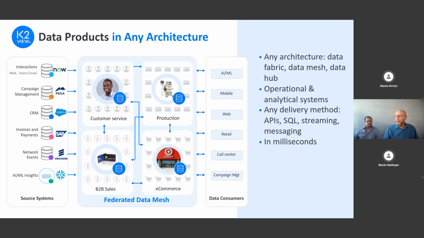Therefore, it also can serve customers who would like to start with a centralized approach, a more traditional data fabric with a centralized data team, and then move gradually to a more decentralized, federated data mesh. So the journey is possible based on each customer maturity level and business and IT requirements.